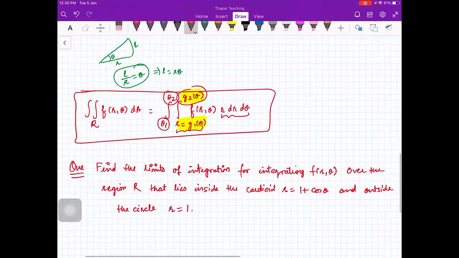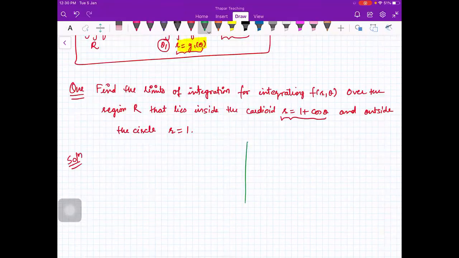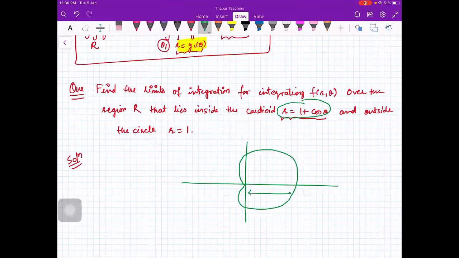Okay. So you see here, you should know how to plot this cardioid. I have already told you; if you don't know, please revise how to plot this cardioid. This cardioid is something like this, where this distance is a, since r equal to a plus a cos theta. This is what we have plotted. So a here is 1, so this length is 2a, that is 2. And the circle r equal to 1 is a circle with radius 1 and center at the origin. Also in the cardioid, this is 1 and this is 1, equal to a. So if you plot this circle r equal to 1, it looks like this.